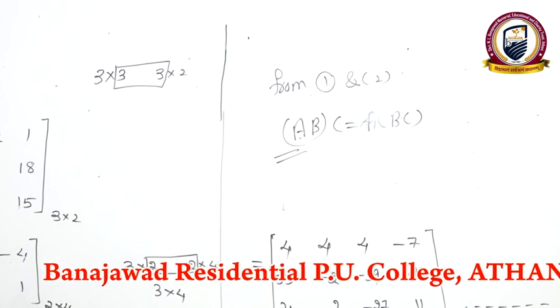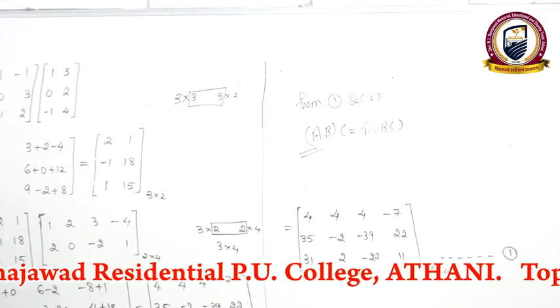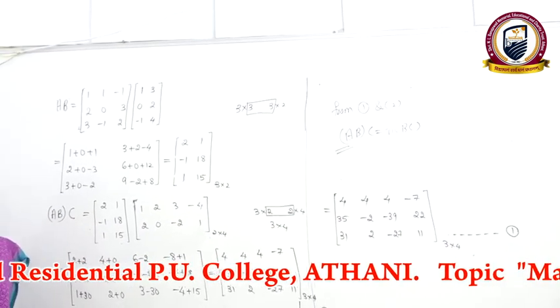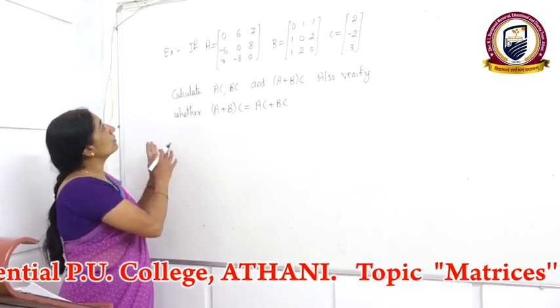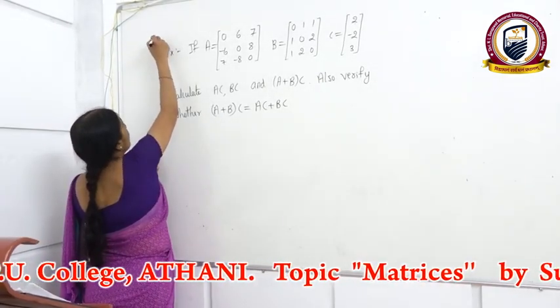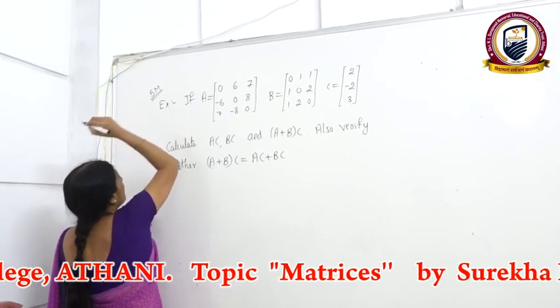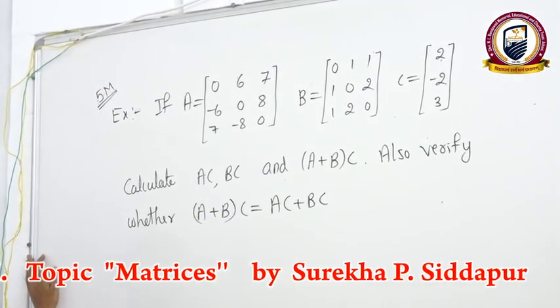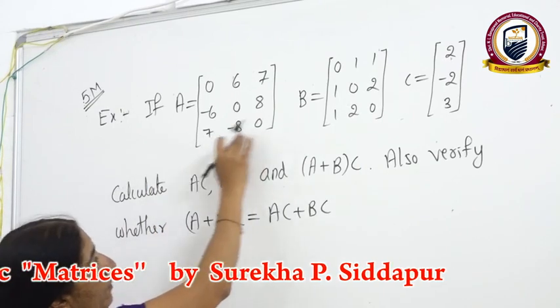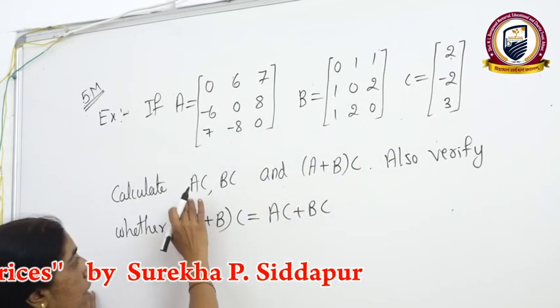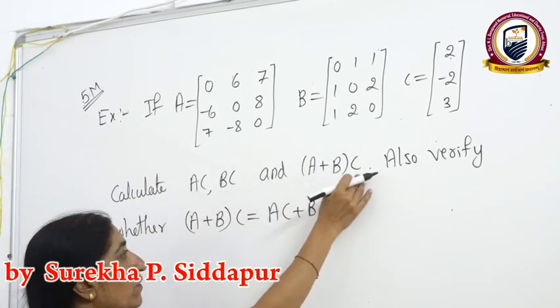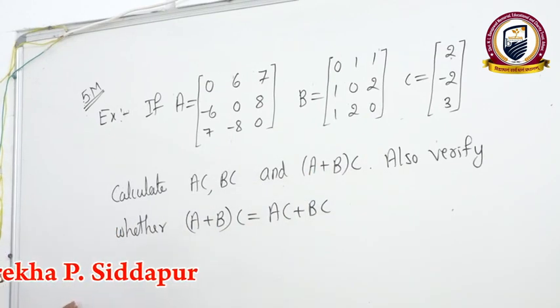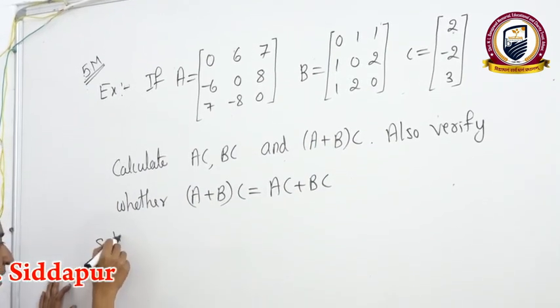See students, this is a very important question for 5 marks in part D. Again, I am giving you the same category problem that is also for 5 marks. So you can get the same question. This is also in part D for 5 marks. See the question. Here 3 matrices are given and they are asking AC, BC. This value again we have to compare. So I am explaining all the steps one by one.